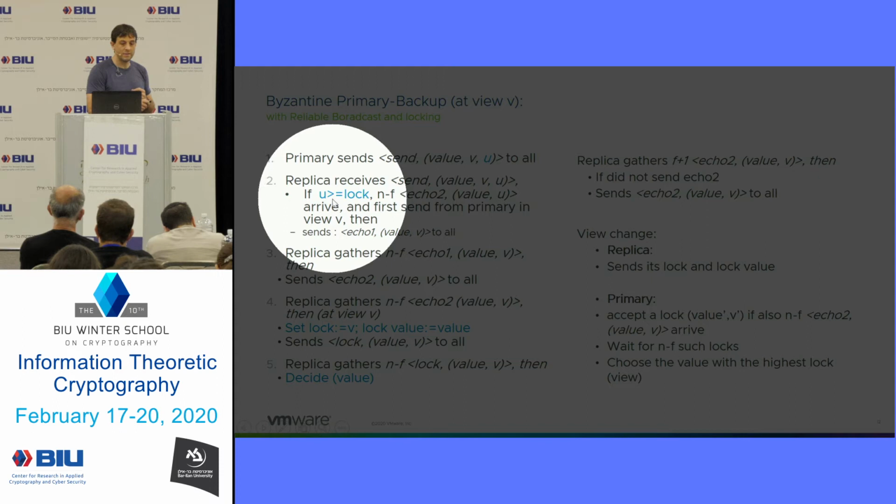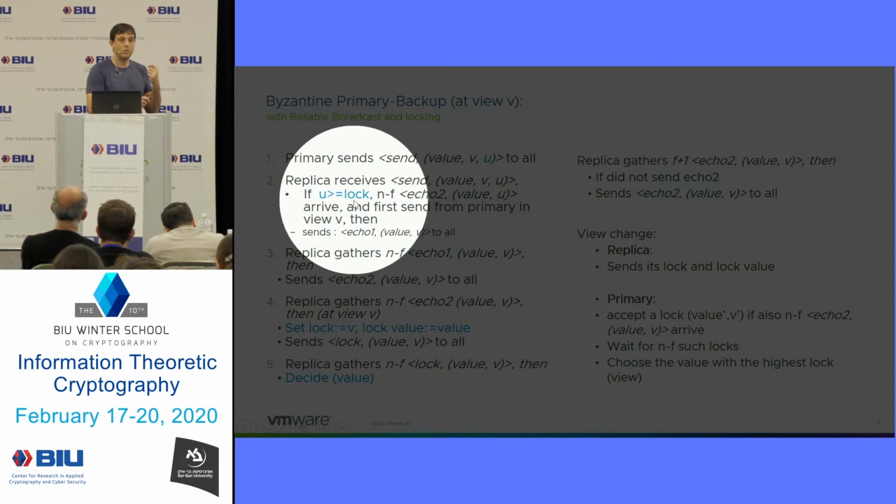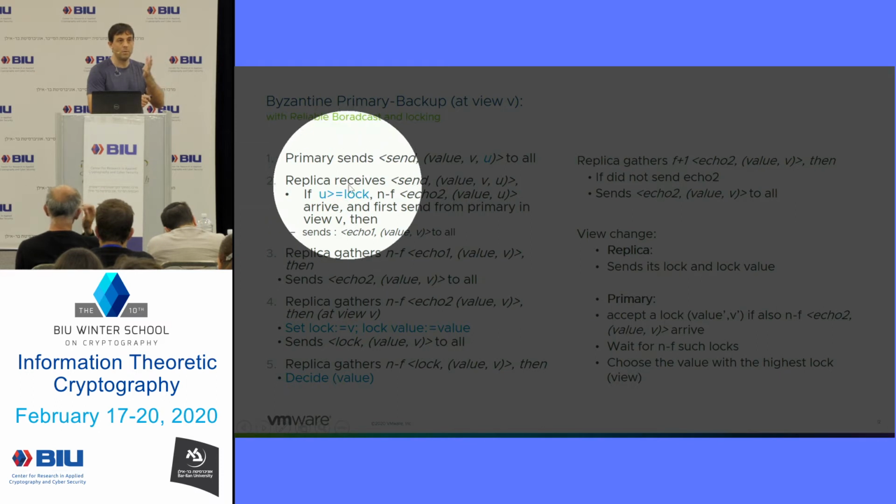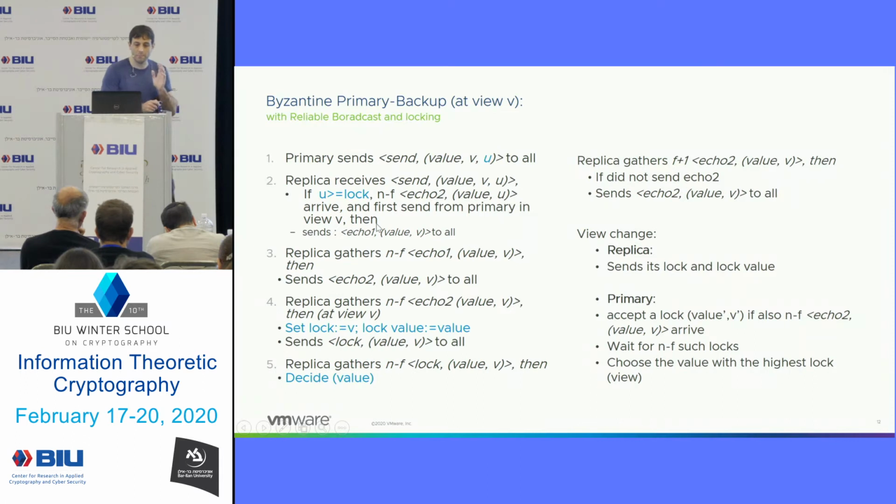It basically tests that the value that the replica is using is larger than the highest lock that I've seen as a replica. So if as a replica I've seen a certain lock, I do not accept messages or values that are older than that. I will only accept things that are at my lock or larger. And this is going to be important for the safety argument. And so these are the two additional conditions that we're adding to